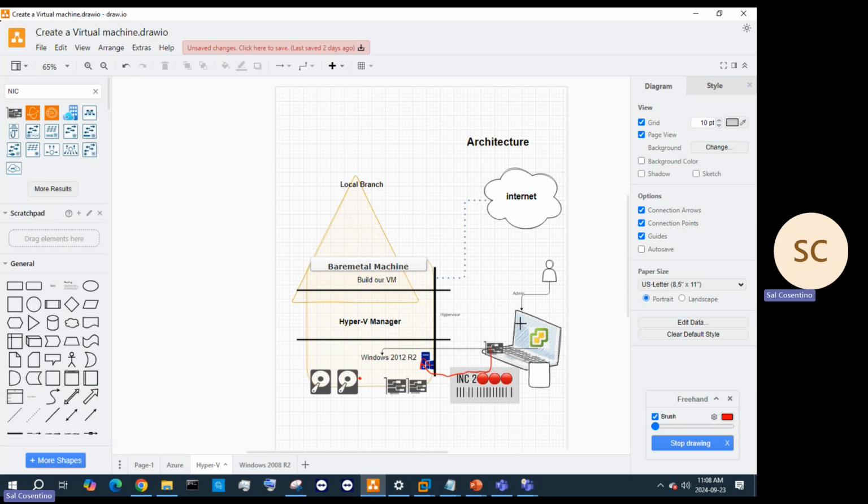It's also going to provide internet within our machine, and then within Hyper-V, it's going to create